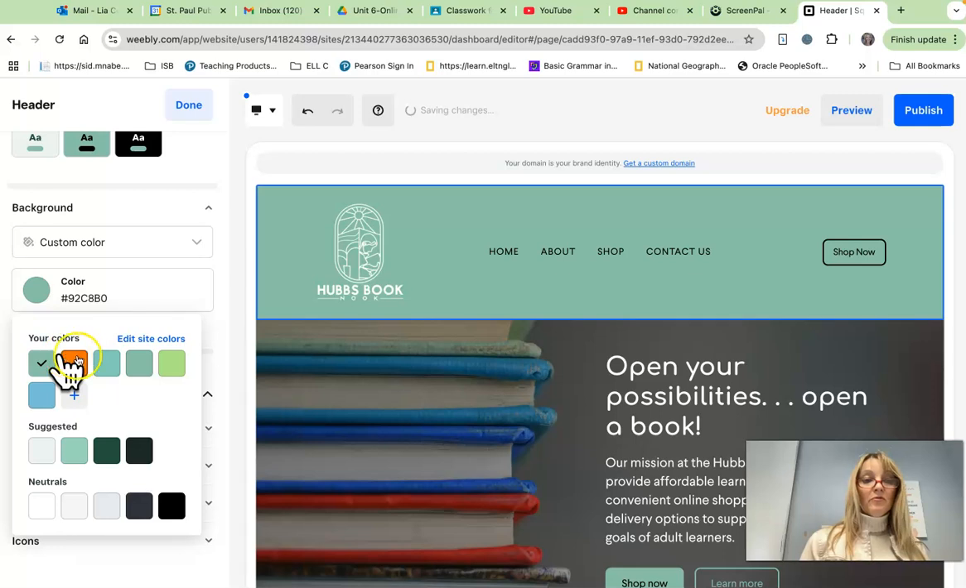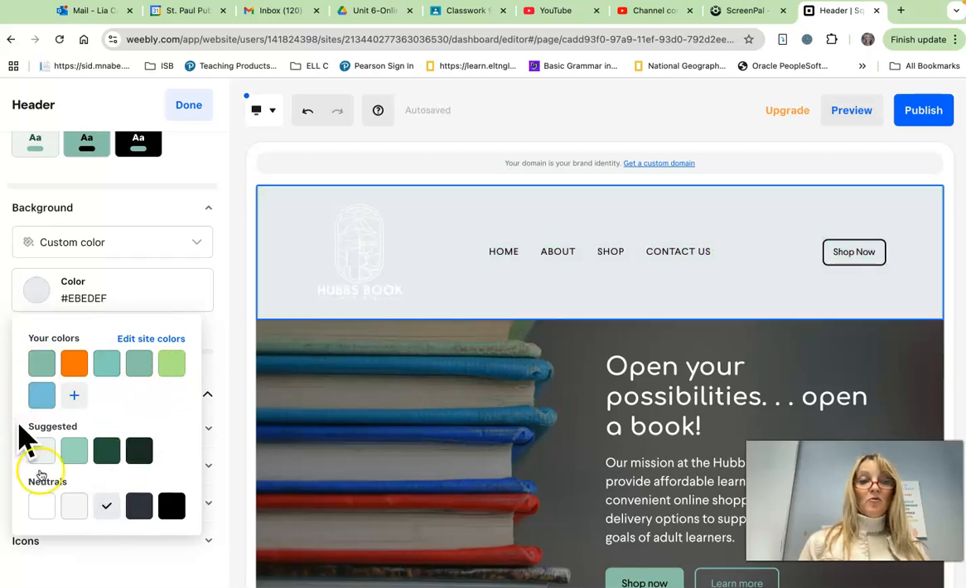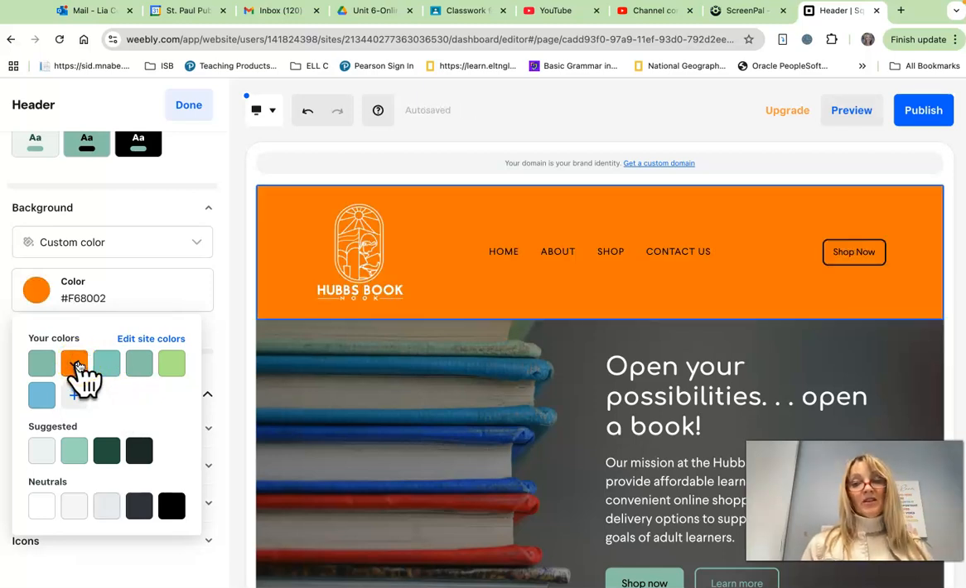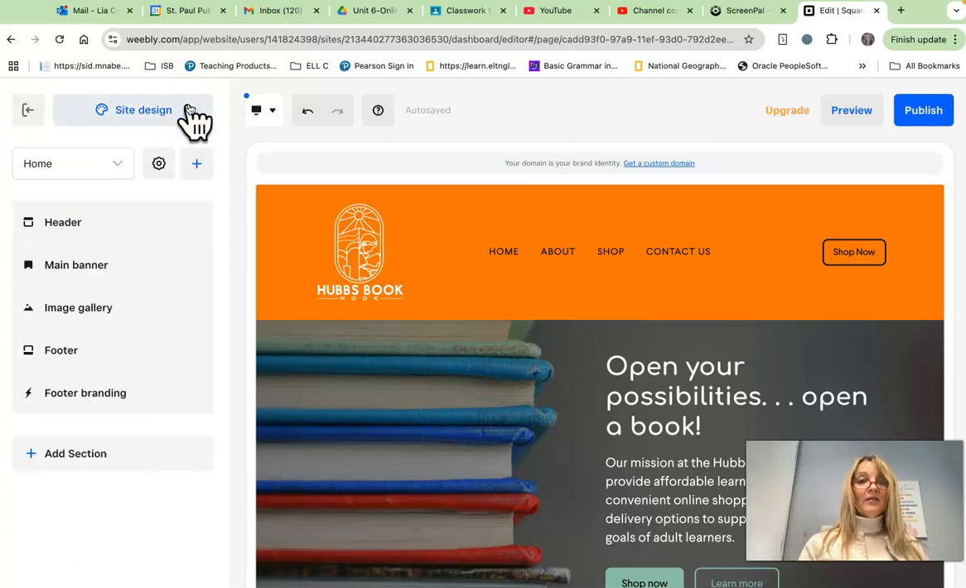And you can go through and choose from any of the ones that you have in your custom colors. Just for now, because it pops, I'm going to keep the orange. All right, once you have chosen the one that you're using, you're always going to click done so that it saves it on that site. Okay, so the other thing that I want to look at in my header